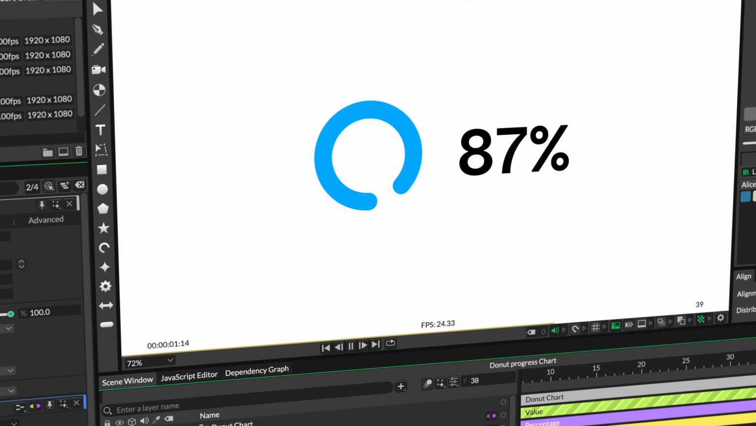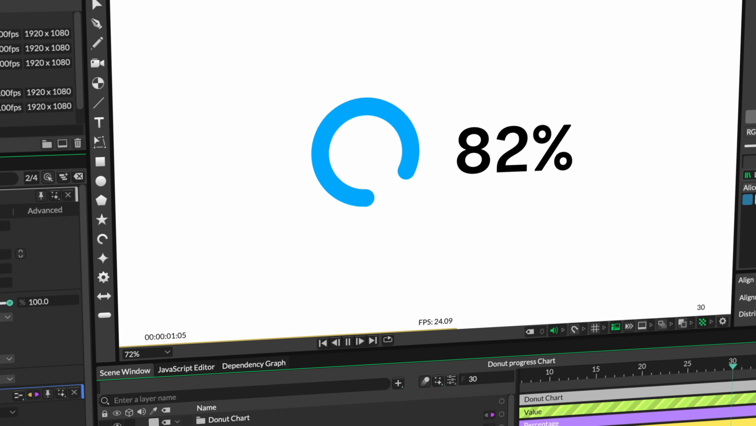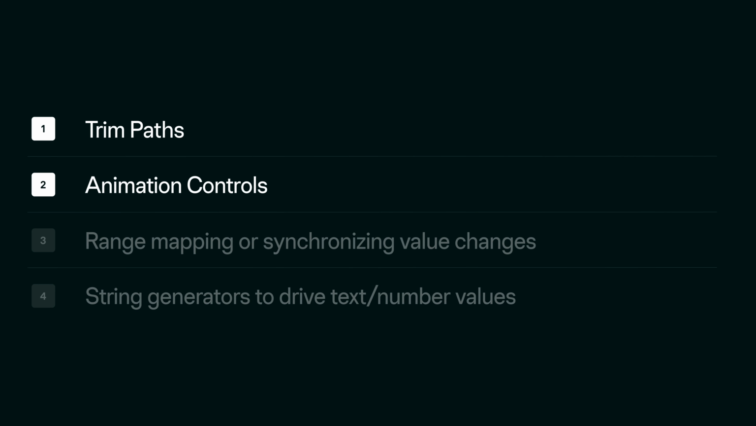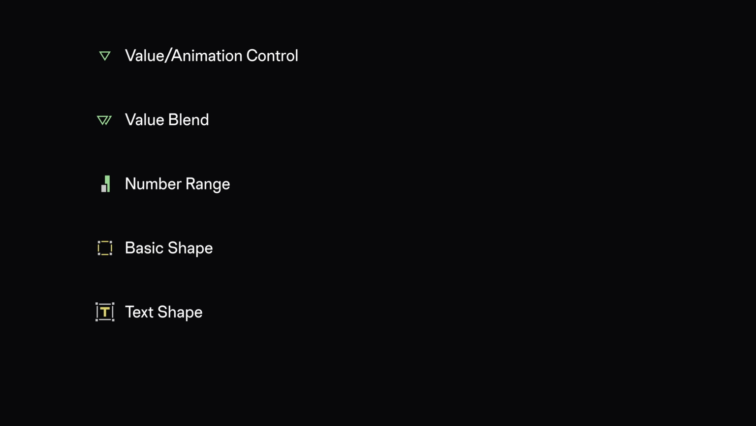It often comes up and gives you some core techniques you can apply to many other types of animation, namely trim paths, animation controls, range mapping or synchronizing values, and string generators that drive text or number values. There are 6 main tools that we're going to be using in this tutorial. That's the value behavior or animation control, the value blend, the number range, a basic shape, a text shape, and